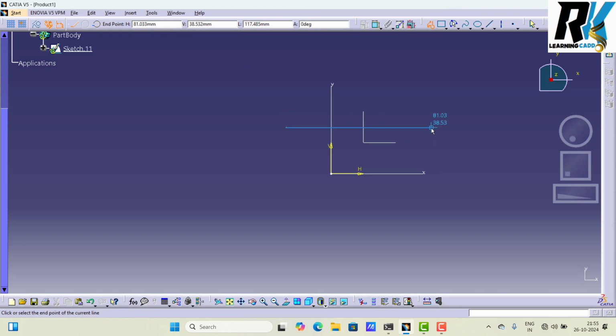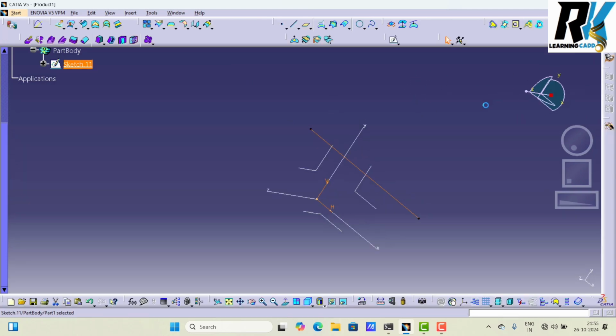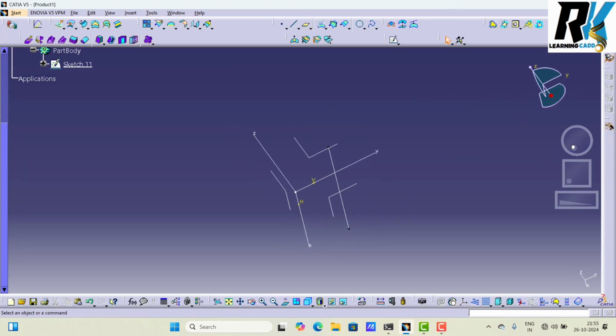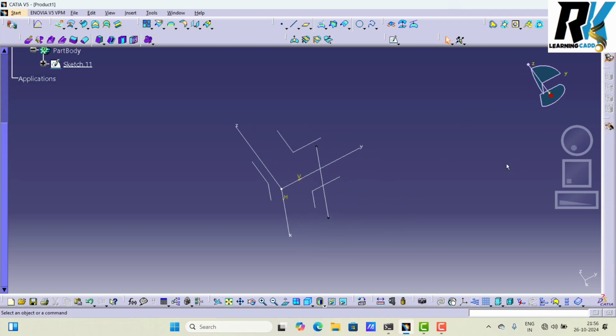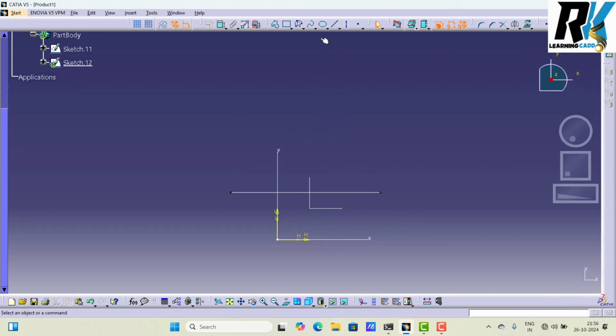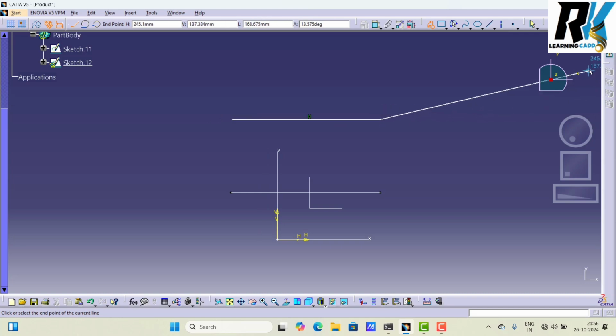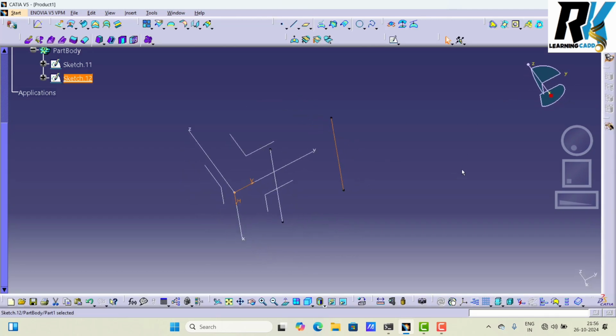Suppose I create here one curve and just finish it. Okay, and also I select this plane. I can make this plane also, we can make here also, no problem. So I select this plane, just need 2 curves. So I select here and make a second curve and just finish it. See, we have 2 curves.